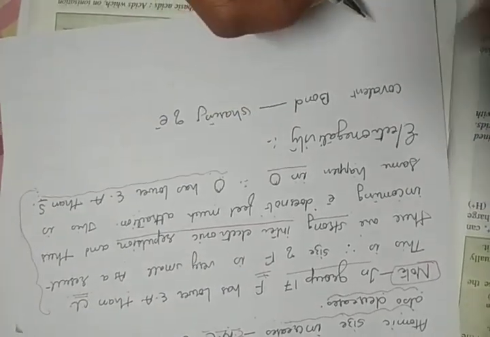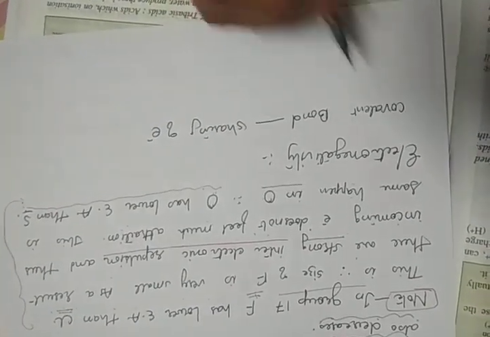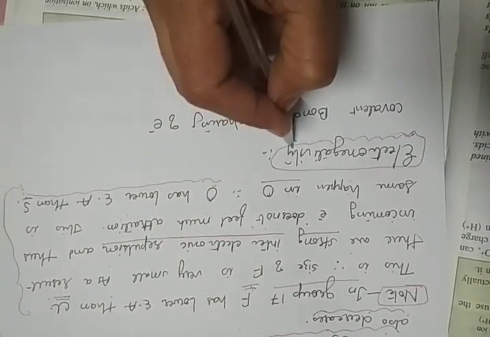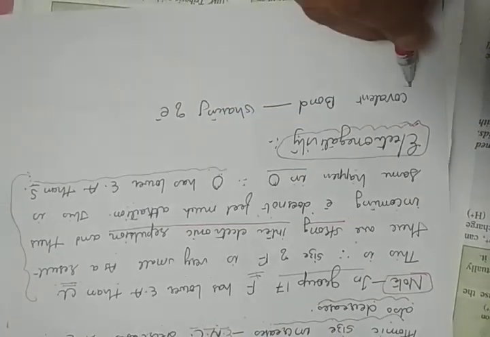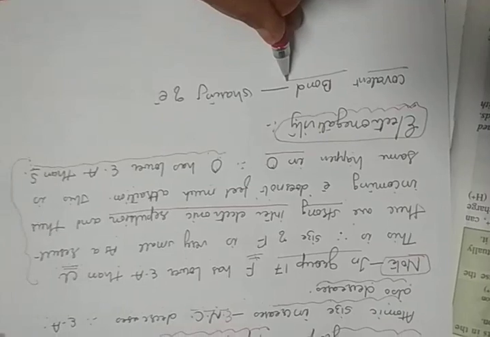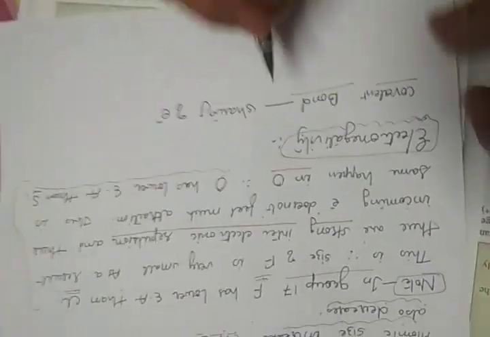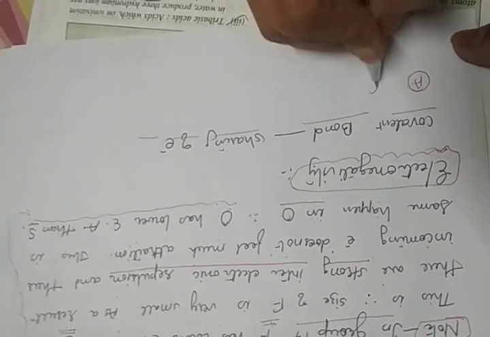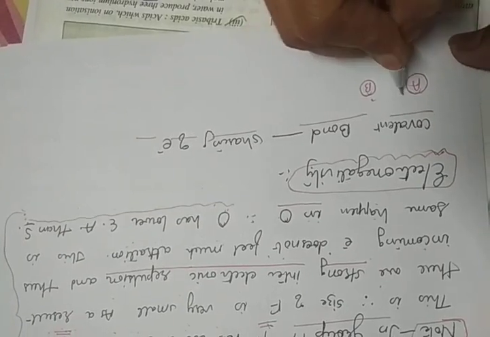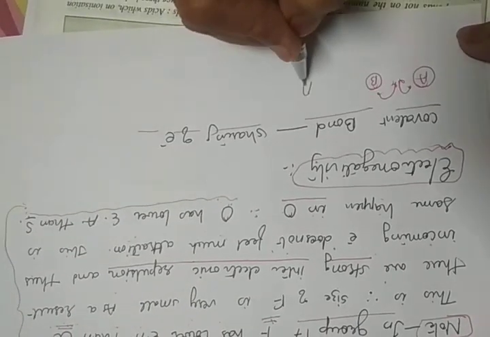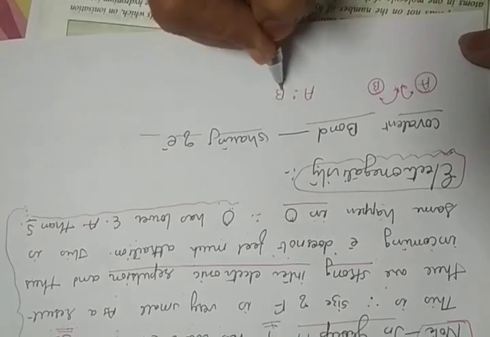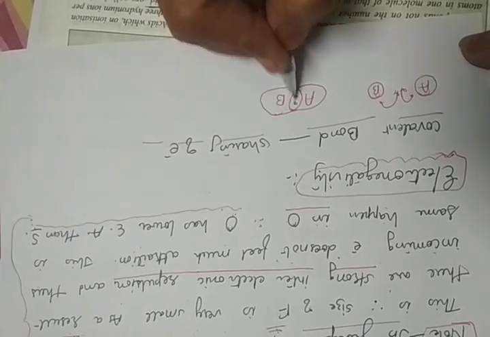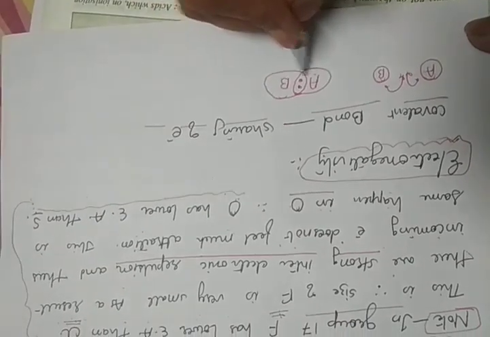Now we move to the next topic, that is electronegativity. Before moving to this point, let me go to the covalent bond. We already know what a covalent bond is. A covalent bond is the bond formed by the sharing of electrons. Two atoms, say atom A and atom B, both contribute their electrons, and this electron pair will be in the center of A and B. It is used by A also, it is used by B also. So this electron pair will remain in the center of A and B.